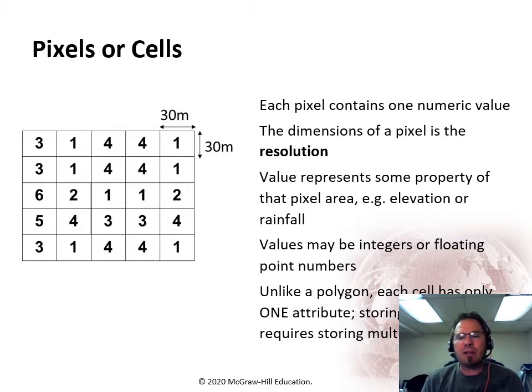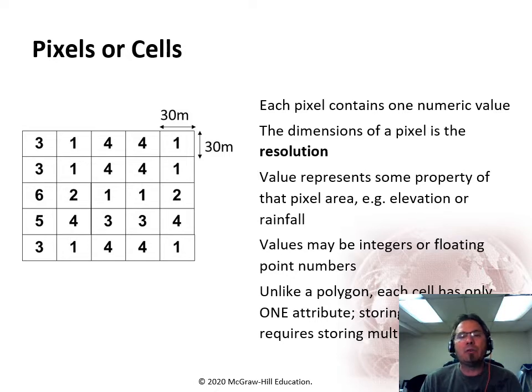So, like I mentioned, unlike polygons, you get one and only one attribute. And what you'll see is that means you have to create a raster for every phenomenon you're trying to map. So if you go and look at that poster outside my office, I used 11 different rasters to get the final 12th one. So you need one raster for every single thing you're trying to map,